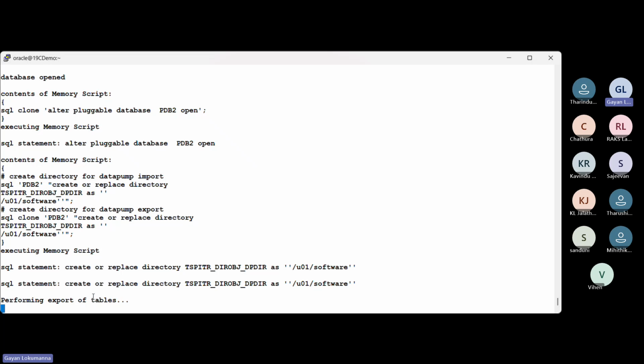And the dump that it takes by exporting the records of the table will go into this location. So you'll later see the dump file as well. That dump file will carry the 4 or 5 or I don't know that number of records which were already in the DPT2 table. Okay. So once the export has been completed, then of course that will be imported back to our PDB2 database,